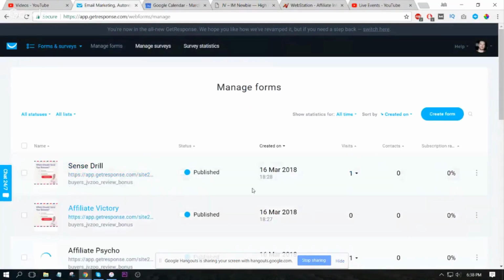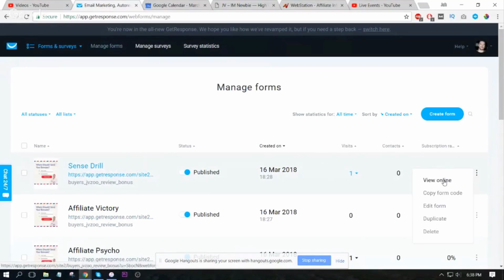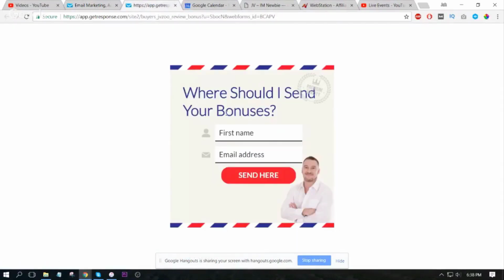Now I've already created a form that I use every single time, and you would have seen this when you got these bonuses. I'll just remind you what it looks like. It looks like this, okay? And this is something that GetResponse has made. I just edited it. It's so easy to do. People enter their first name, their email address. They click on send here, and then they get redirected to the bonus delivery page, which is going to